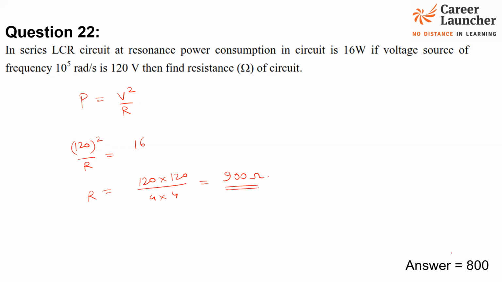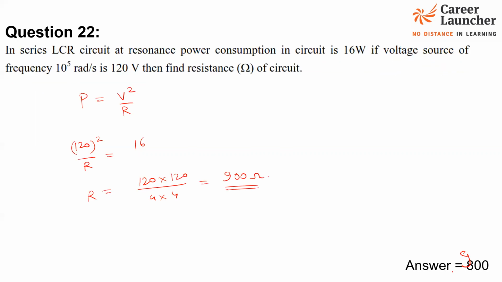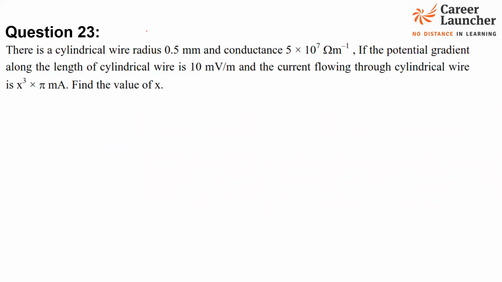Yeah, the correction should be made here. It is 900 instead of 800. Let's see the next one. This question would be treated as on the easier side if you want to categorize it. And looking at question number 23,